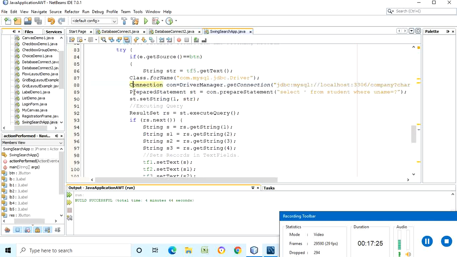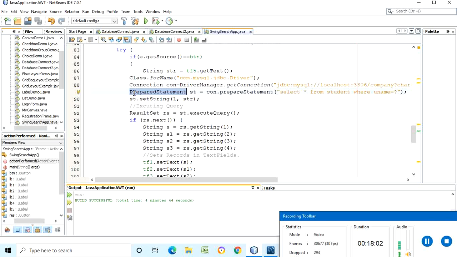Then we are using a PreparedStatement. What is the significance of a prepared statement? You know about it. When the particular input data is not available when you are writing a SQL query, the data is not available at compile time, and it will be available at runtime, we are using a prepared statement. By using that prepared statement, we are preventing the SQL injection attack. We have also seen what a SQL injection attack is. In industry, this attack is very significant. So industry avoids this attack by using the concept called a prepared statement.